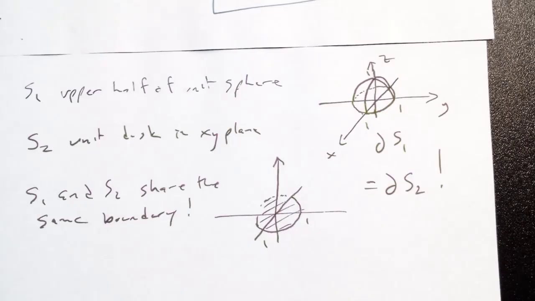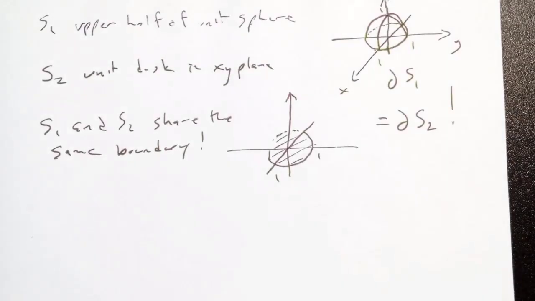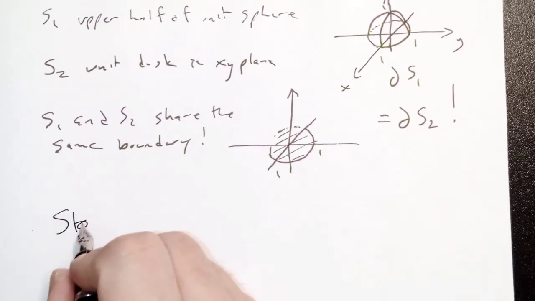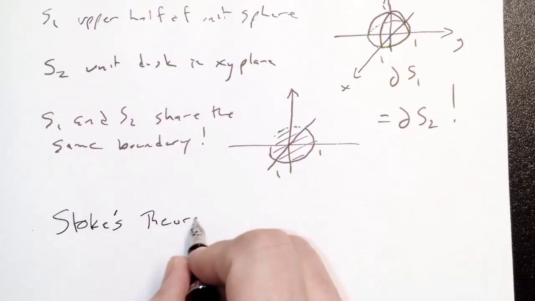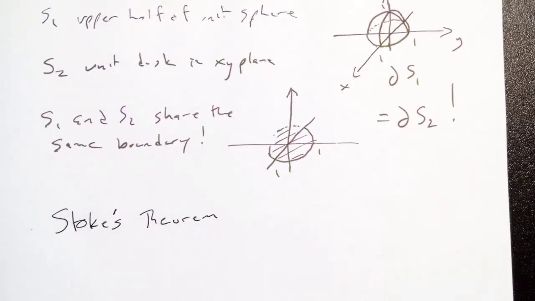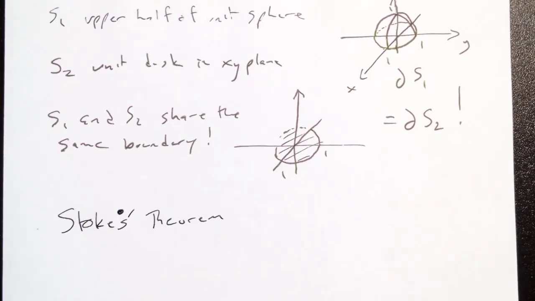Only I'm not going to use Green's theorem flat. I'm going to use Green's theorem on the surface itself. And the generalization of Green's theorem is called Stokes' theorem. Actually, the apostrophe goes on the end because his last name is Stokes. Stokes' theorem,